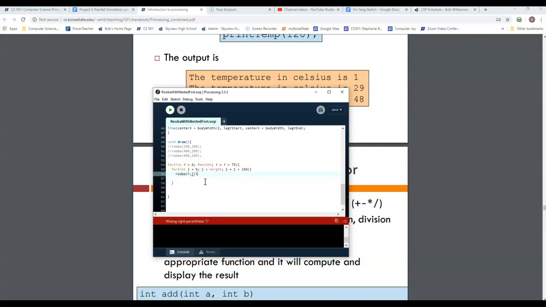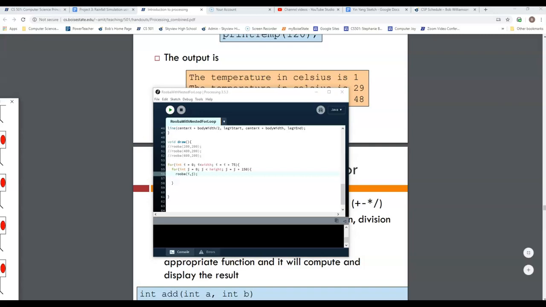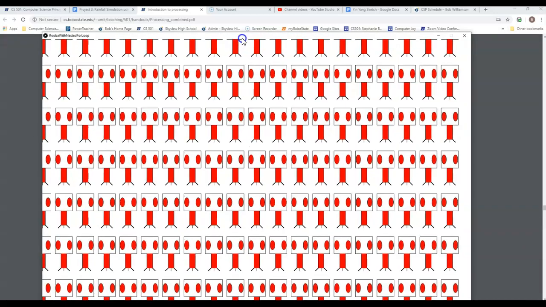And now we can run our Ruba program to see if it has a nested for loop with many, many, many Rubas in here. Okay,